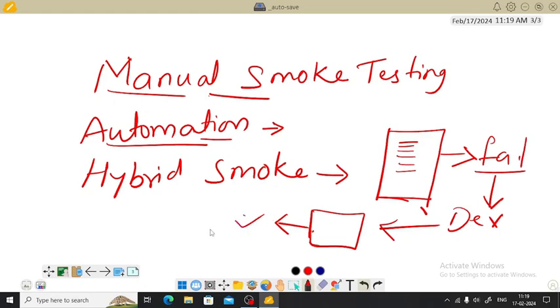Okay. So the disadvantage of this process is you cannot test the application deeper. You will be only checking the basic functionalities. Okay. So basic functionalities can be tested, but you cannot test the deeper functionalities of the application in smoke testing. Okay. So we cannot say that it is only a disadvantage, but